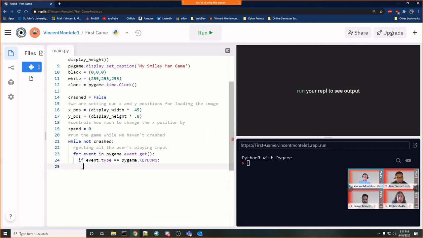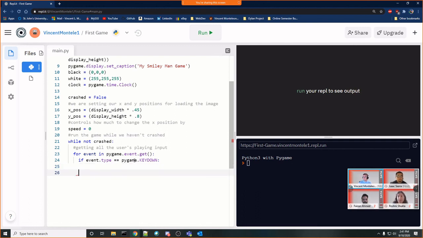If they press the down key, what do we want to happen? Well, key down actually covers when you're pressing a key down. So say you're holding a trigger on an Xbox remote, that key is down, it's being held down.